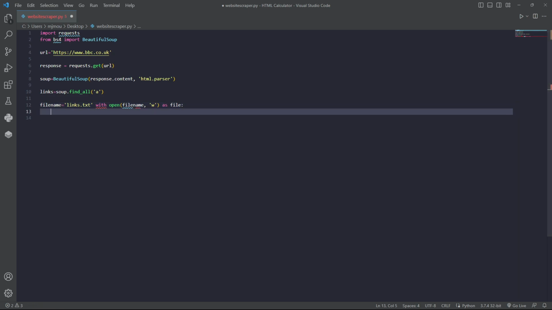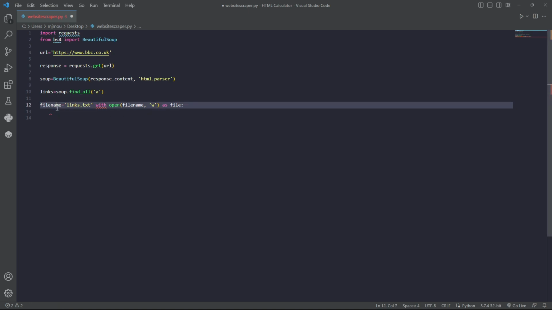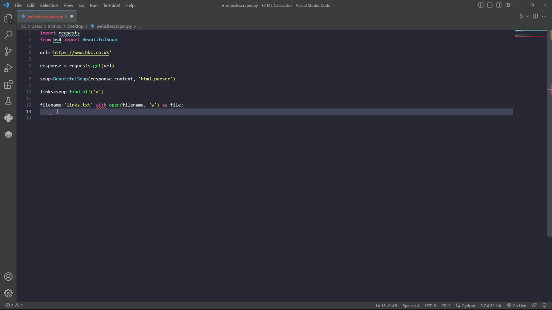And then what we're going to do is let me explain the with statement. The with statement ensures that the file is automatically closed when we're finished. So the next thing we're going to do is loop through the links and actually write them to the file. Inside the with statement, which is this one here, we're going to write